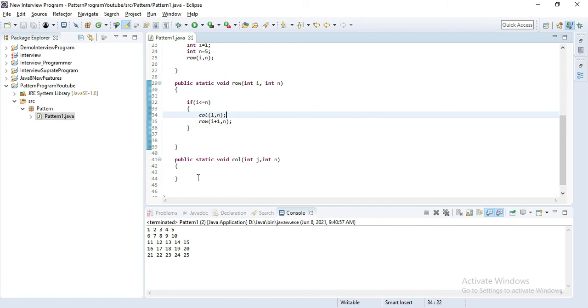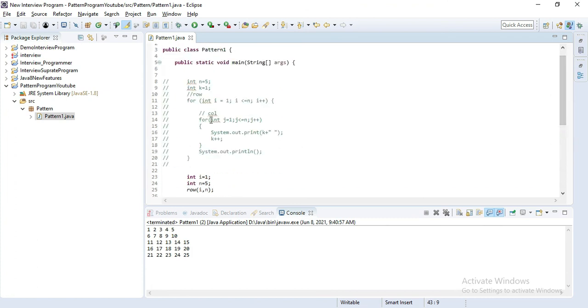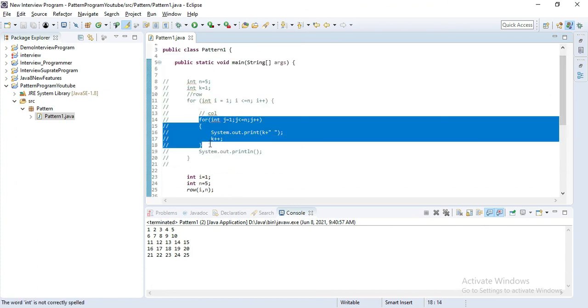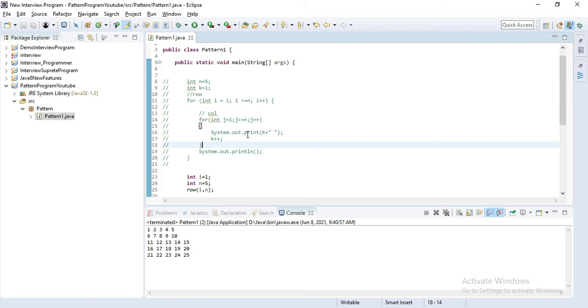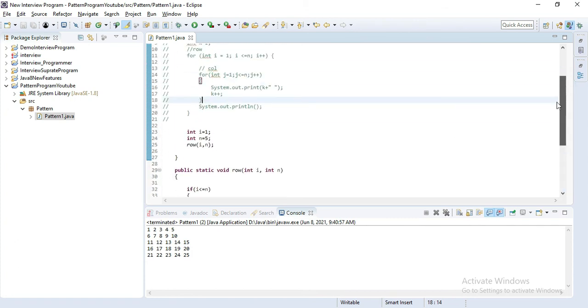Now we have to print the star. If you see our previous program, in the inner for loop we used system.out.println and printed the star in the first pattern.